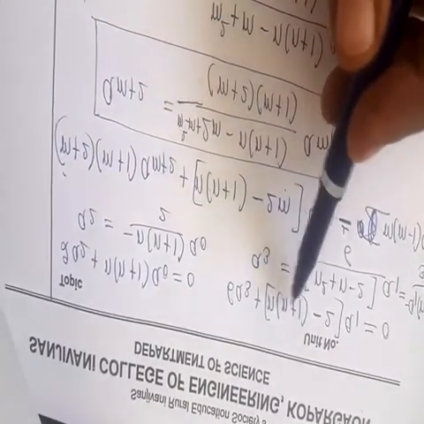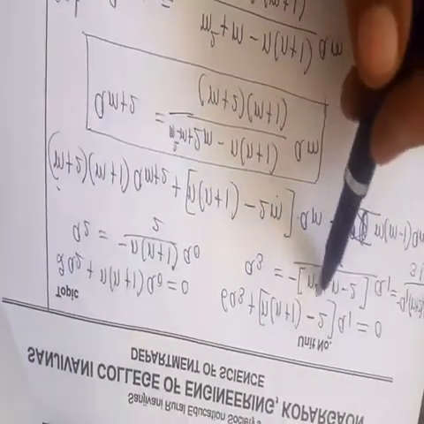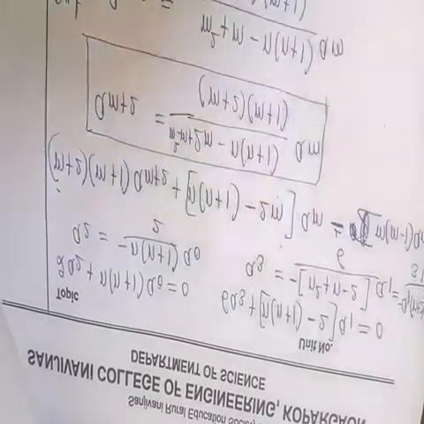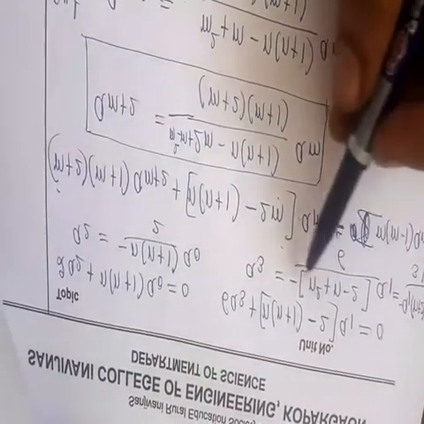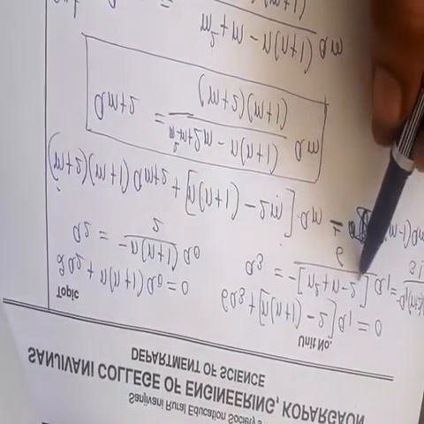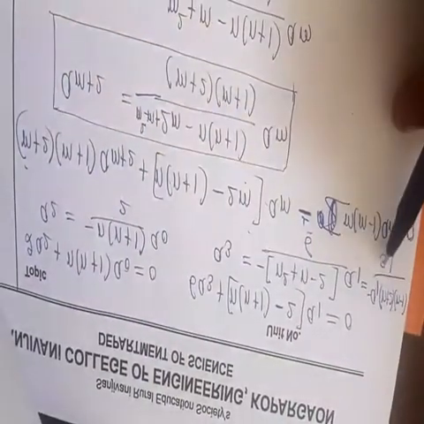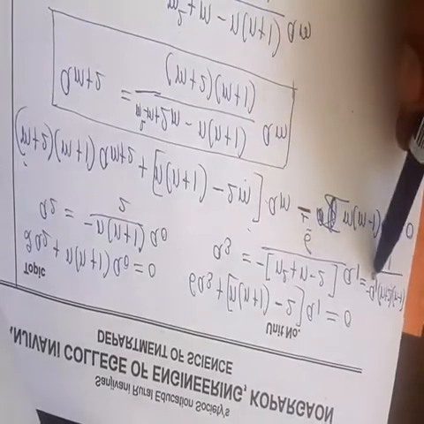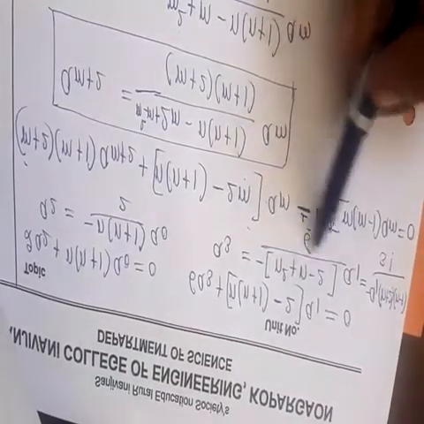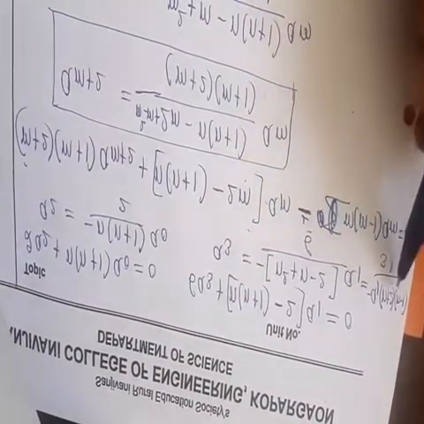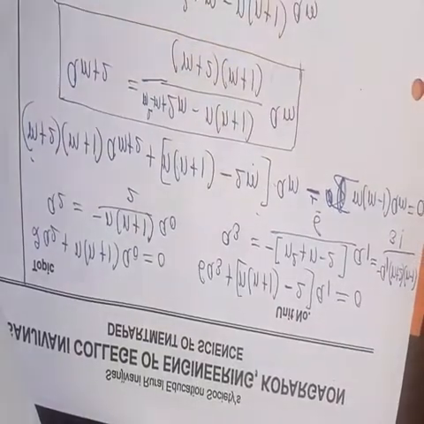Then 6a3 plus n(n+1) minus 2 times a1 is equal to 0. So find a3 in terms of a1, which is minus (n square plus n minus 2) divided by 6. 6 can be written as 3 factorial, and if we take minus, we find the factors of n square plus n minus 2, which are n plus 2 and n minus 1.